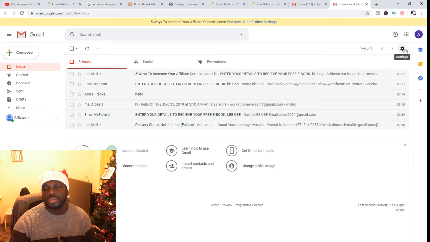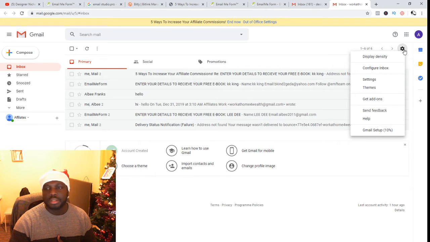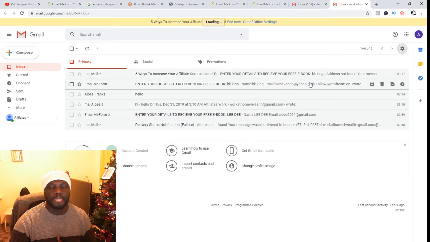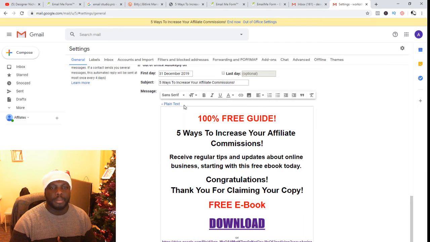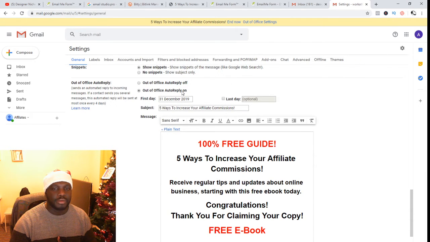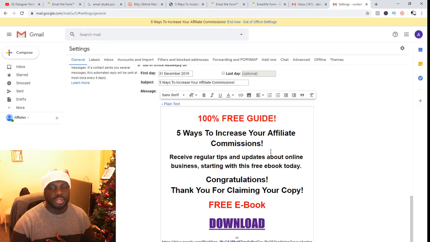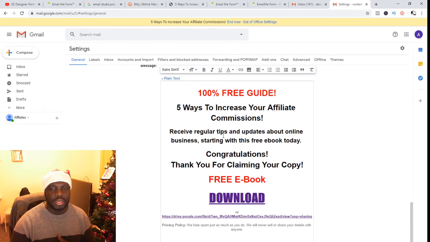So if you click settings, and you go to settings, on here, at the last, you go to out of office. Some Gmail accounts will tell you vacation on and vacation off, but mine is out of office, auto reply on. So you just put your details and everything, how you want the person to receive the ebook. So what I put was 100% free guide, 5 ways to increase your affiliate commission,